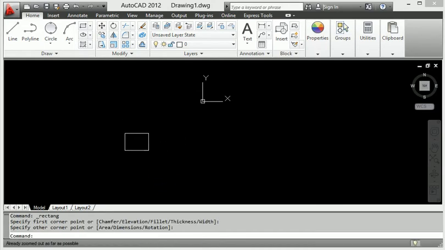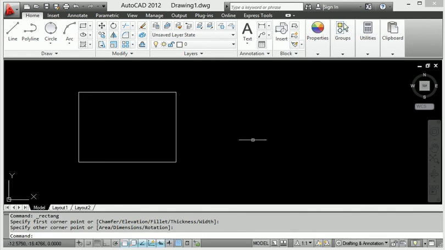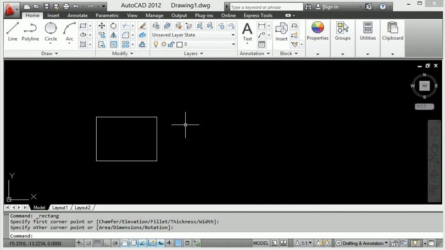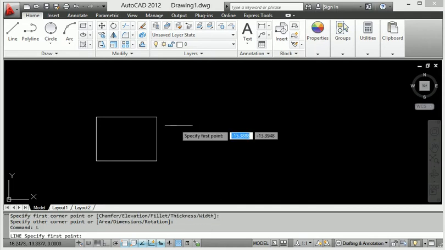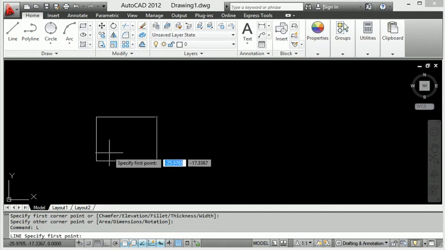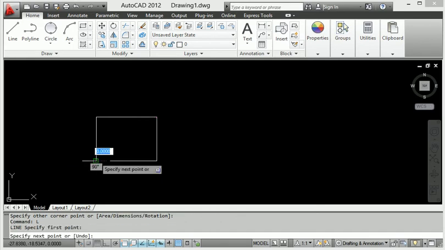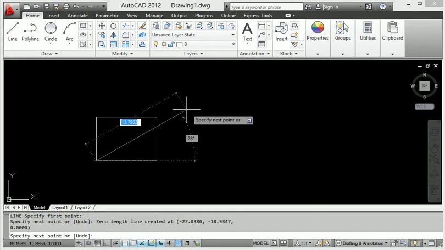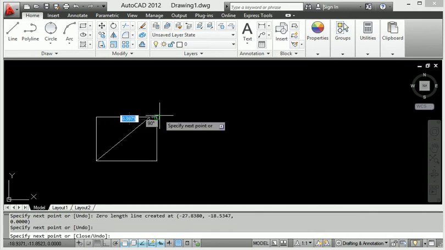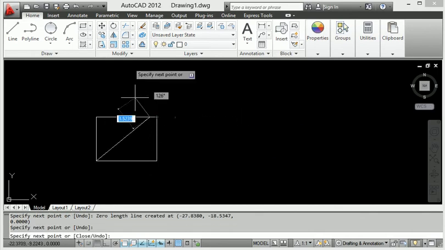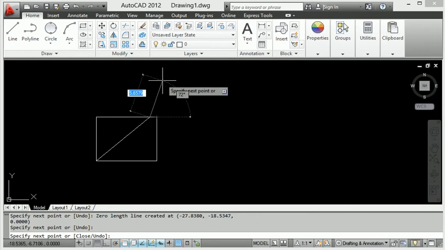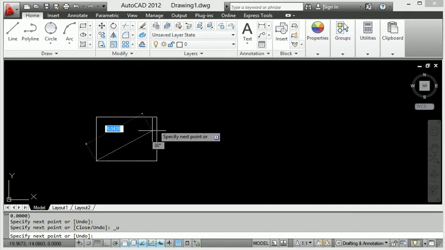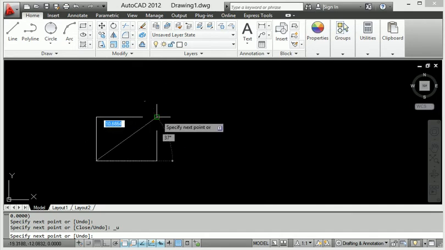Look at this, it creates the rectangle. If I want to join with a line, I press L enter and join this point to this point. If I want to go back to the actual position, I click Ctrl Z.